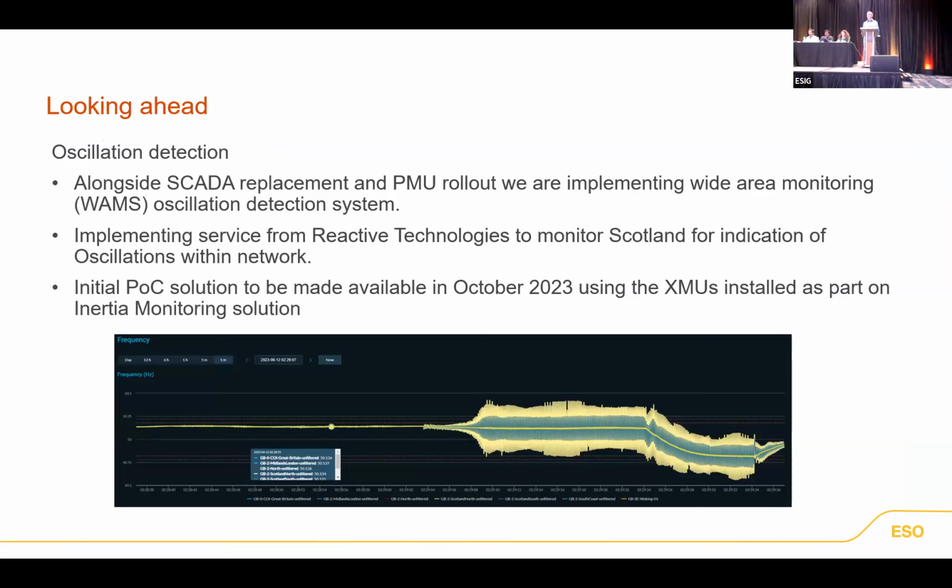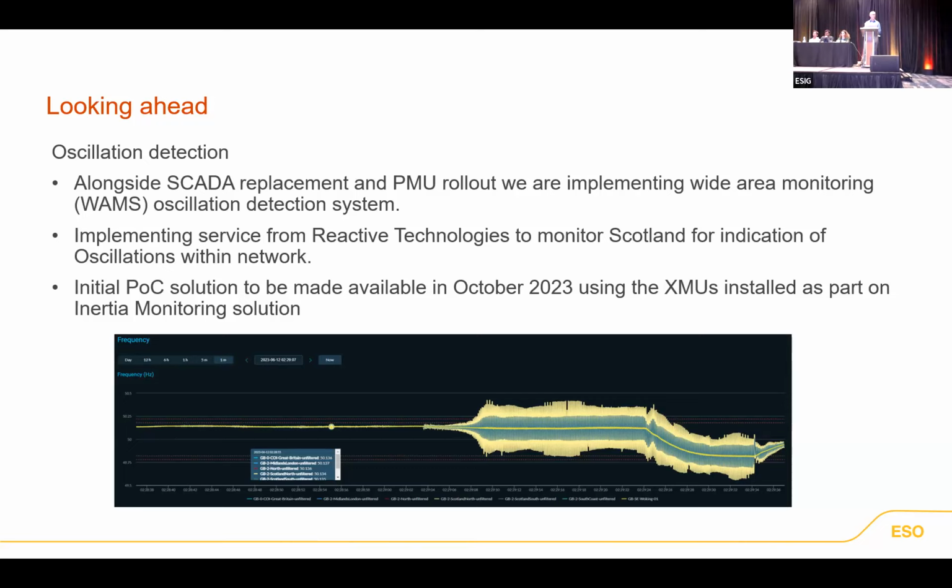So that either post-event, we can look back and see the very details of what's happening. Or for the control operator, they can see what is happening in the background and get comfortable with the fact that there are these 2 Hertz oscillations every time we open a breaker. But there are these other oscillations that naturally happen on the system, but we've never seen before. But giving that transparency to the control operator, getting them comfortable that oscillations do occur.